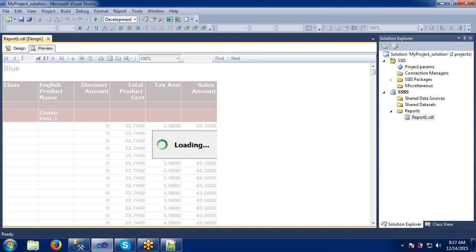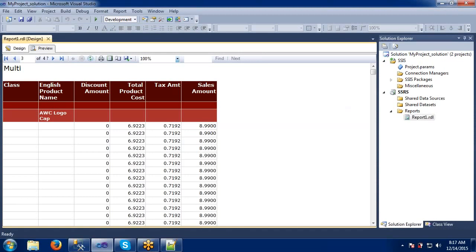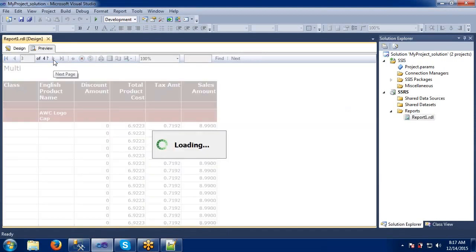Okay. This is some multicolored actually. If we go to the next page, it will show a new color. Like this, whatever colors are available in our database, all those will be displayed in this report. Okay.